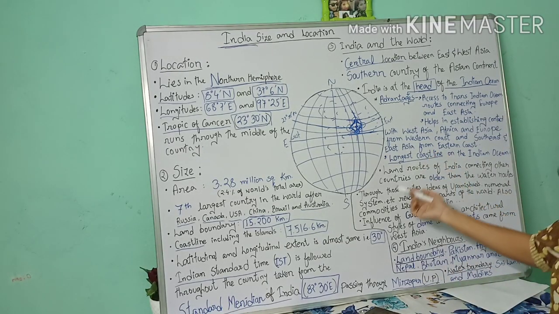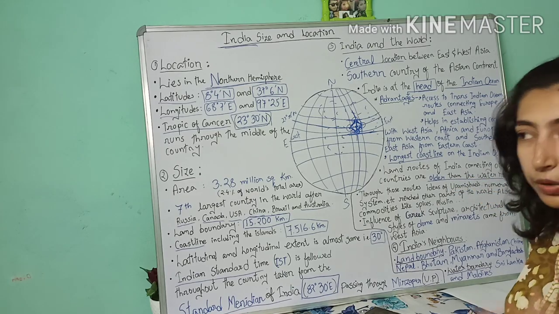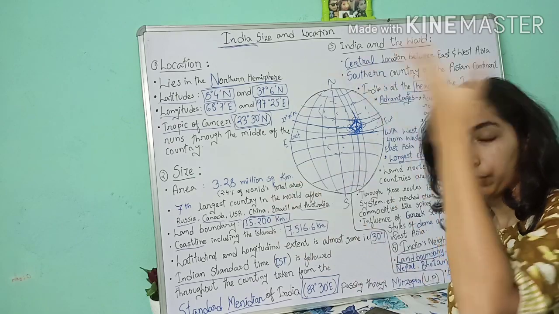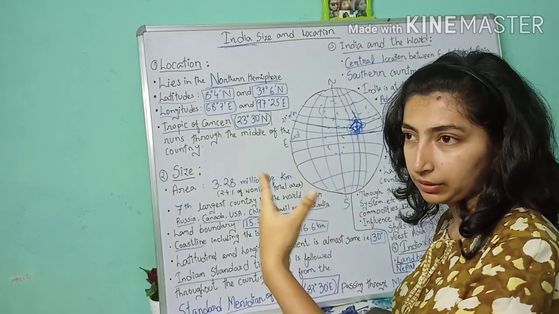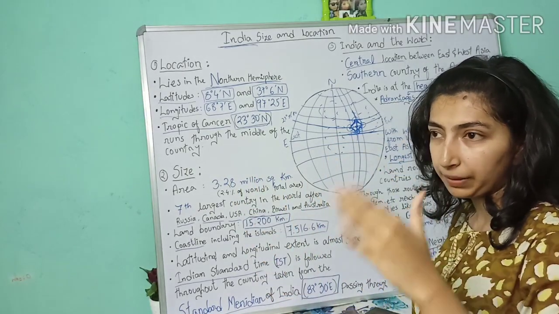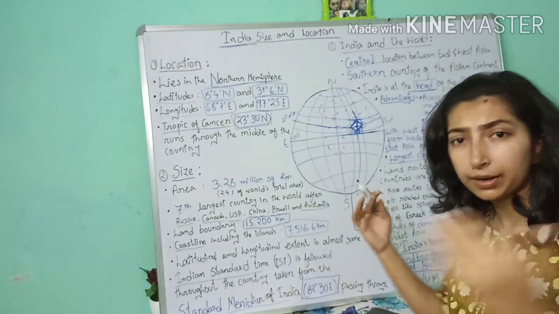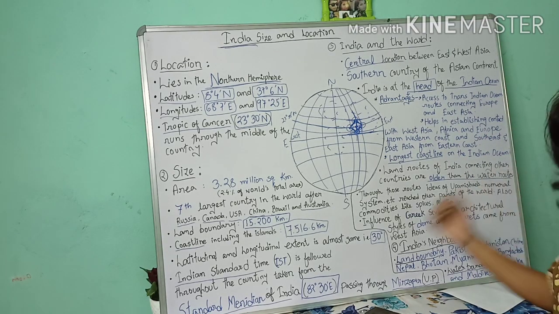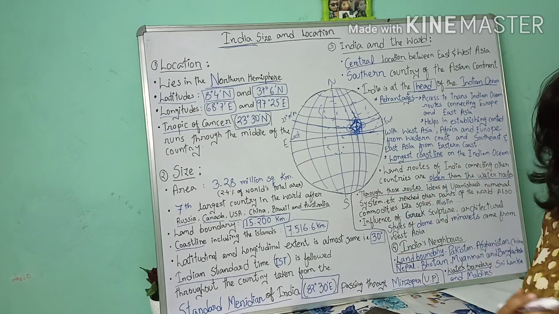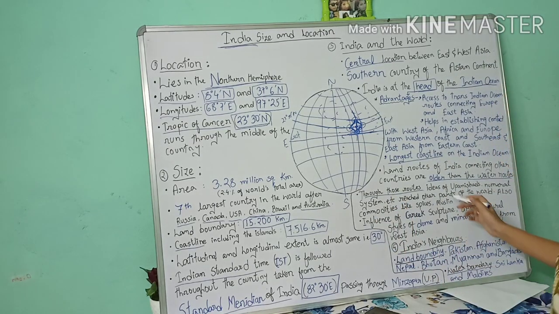Then some other important points under this: land routes of India connecting other countries are older than the water routes. Means what? We have water routes, but our land routes are way older than them. I think you have heard about the Silk Route, which connected China to Europe, and it used to pass by some parts of India, in Kashmir and all those places. So a lot of trade used to happen from that area. Okay, so they are older, and through those routes, what happened? A lot of things were exchanged. Ideas were exchanged. Commodities were exchanged.